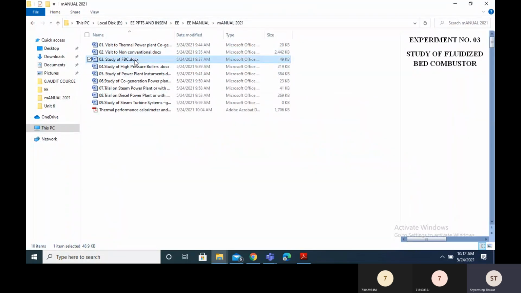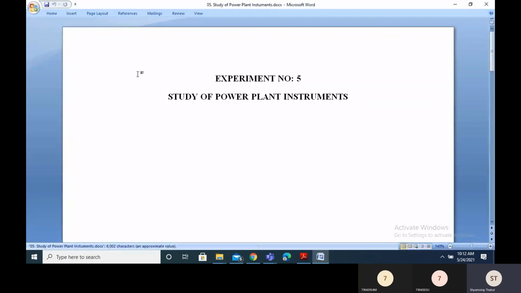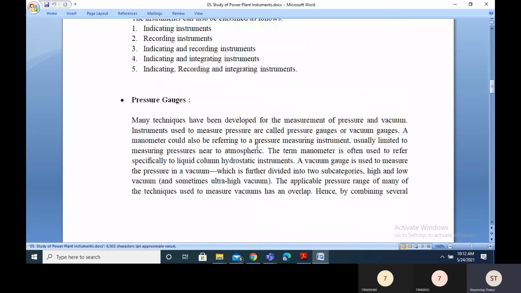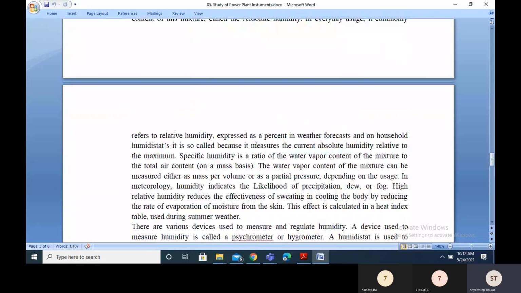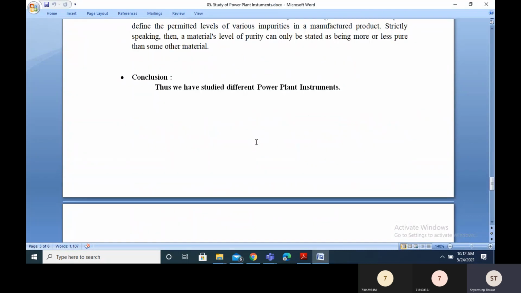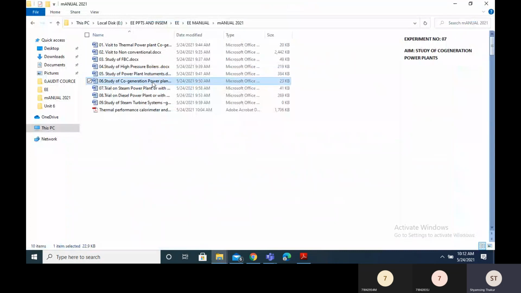Study of FBC we have already seen in detail. Study of high pressure boilers is also covered. Study of power plant instruments is very well covered over here. You know what instruments are required there, pressure gauges and all. That you need to read, modify, add something, and upload on the link which will be provided. Similarly, study of cogeneration plant. Then the trial on